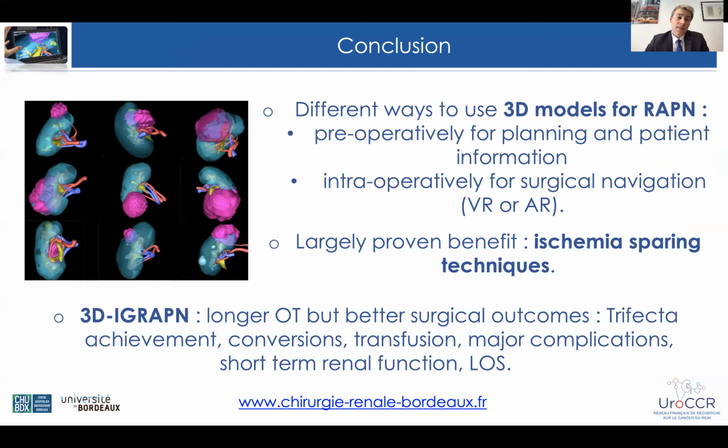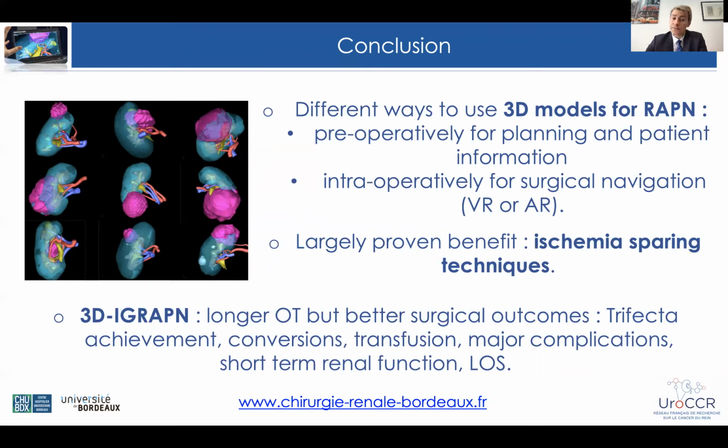So finally, in conclusion, you've seen that there are different ways to use 3D models for robotic-assisted partial nephrectomy. This kind of models can be used preoperatively for planning and patient information. They can be used also intraoperatively for surgical navigation as virtual reality or augmented reality. There is now in the literature a largely proven benefit in terms of implementation of ischemia sparing techniques. And as we reported for the 3D image-guided robotic-assisted partial nephrectomy technique, we can expect benefit in terms of surgical outcomes, especially trifecta achievement,